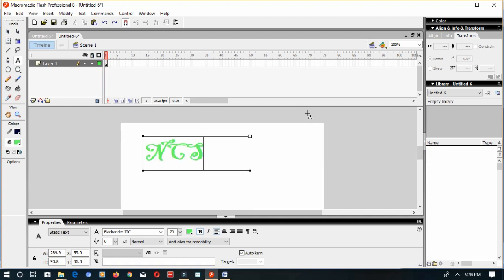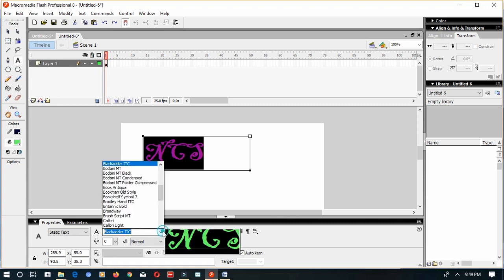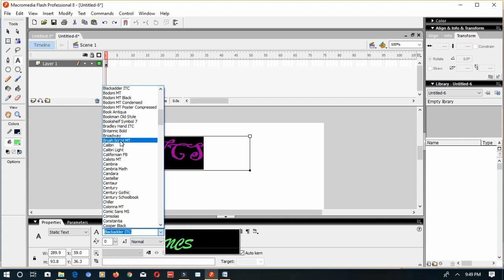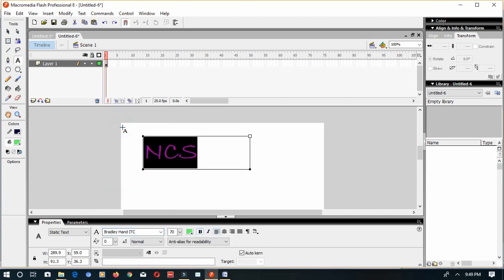If you want to change the font and color of the text, that is possible. Select the particular text, go to the properties inspector. You can change the text to any of this. See, it is changing by itself. Now if I want to change the color also, I can change it.